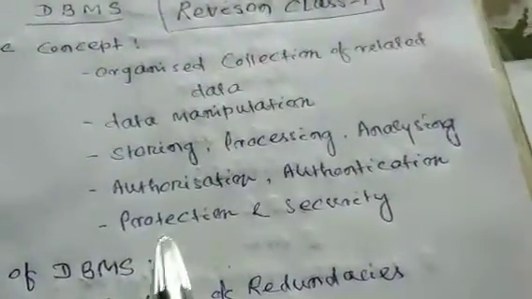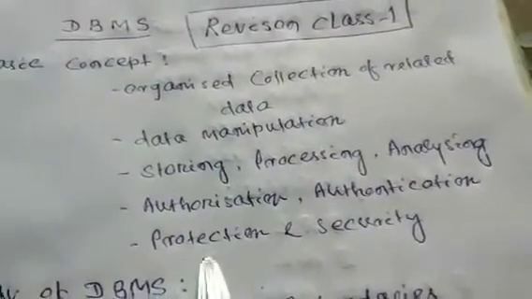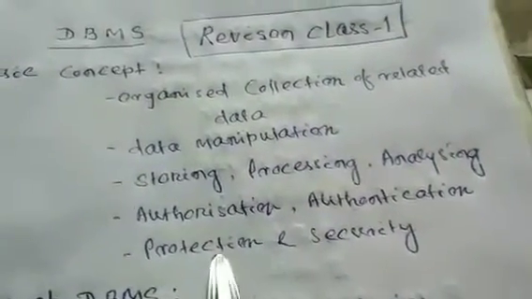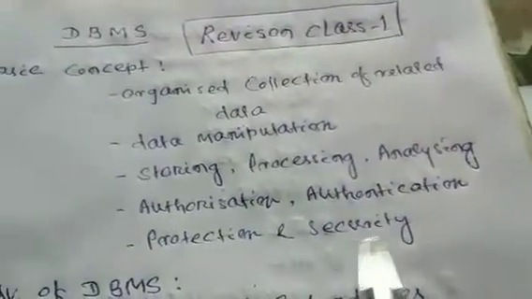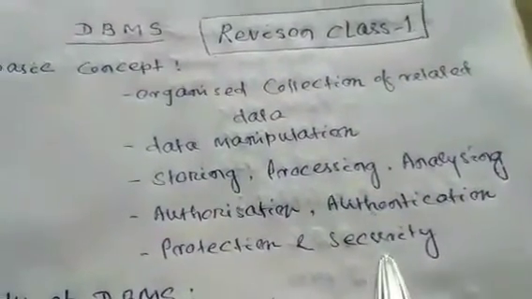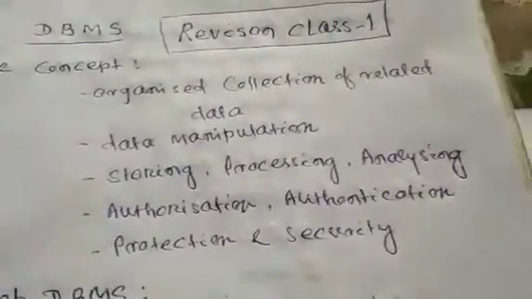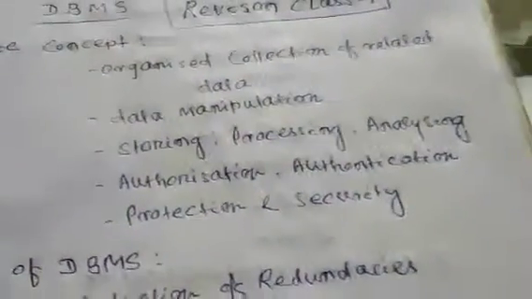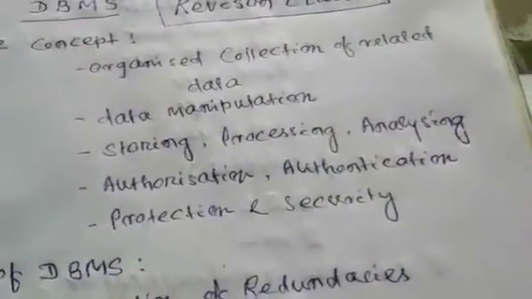All data are stored in the database in computer memory or in a computerized system. No unauthorized person can access data from the database, so it will be more secure. A long period of time data can be stored without any loss. These are the basic concepts of database management system we have discussed. A database management system is a combination of hardware and software, so that the database can be easily monitored.